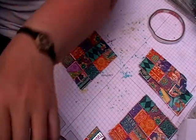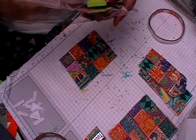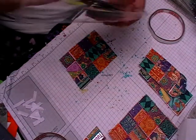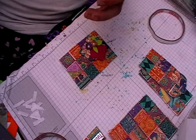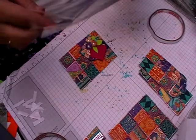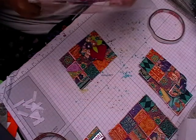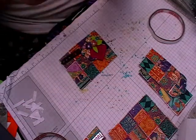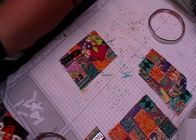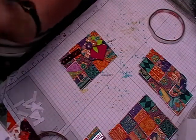So somebody asked me ages ago what I do with all my embellishments I make. Well, I do stuff like this. So I sit down and I just literally cut out card, cut out lots of different things,